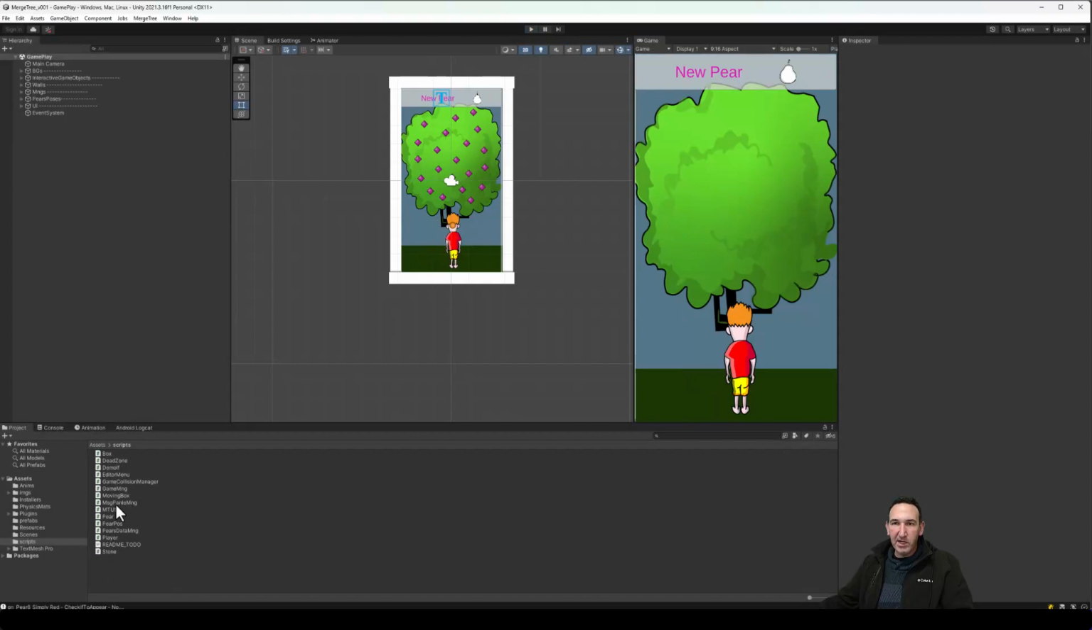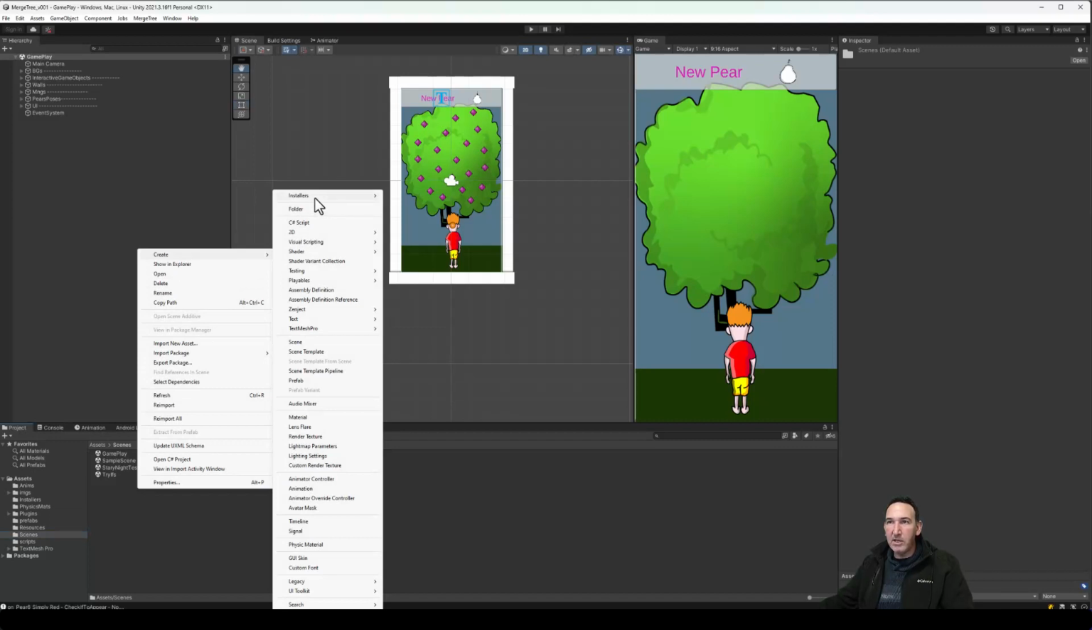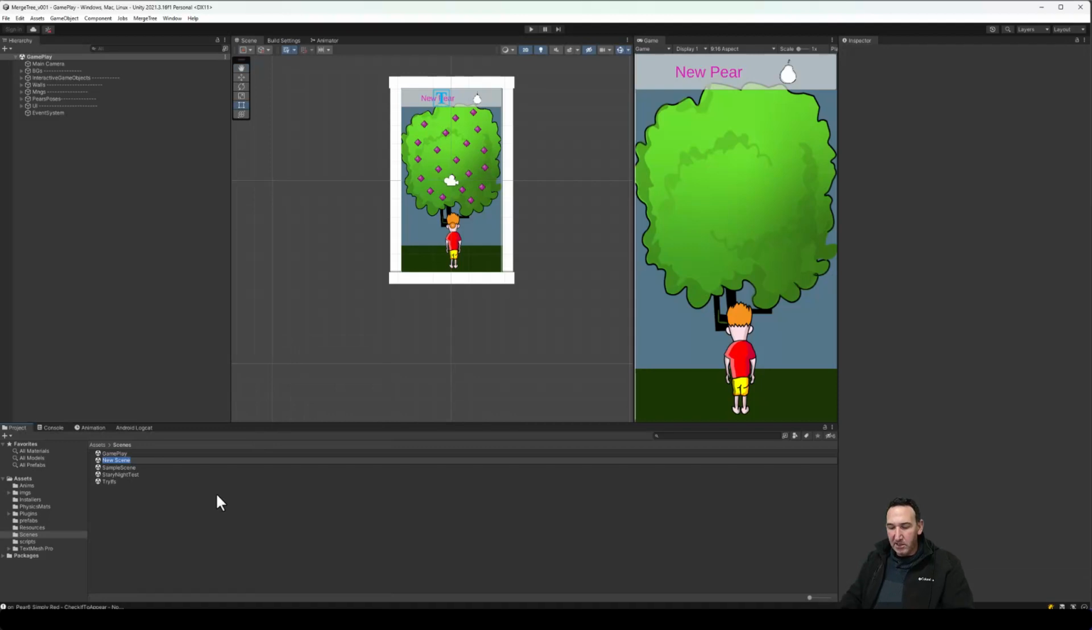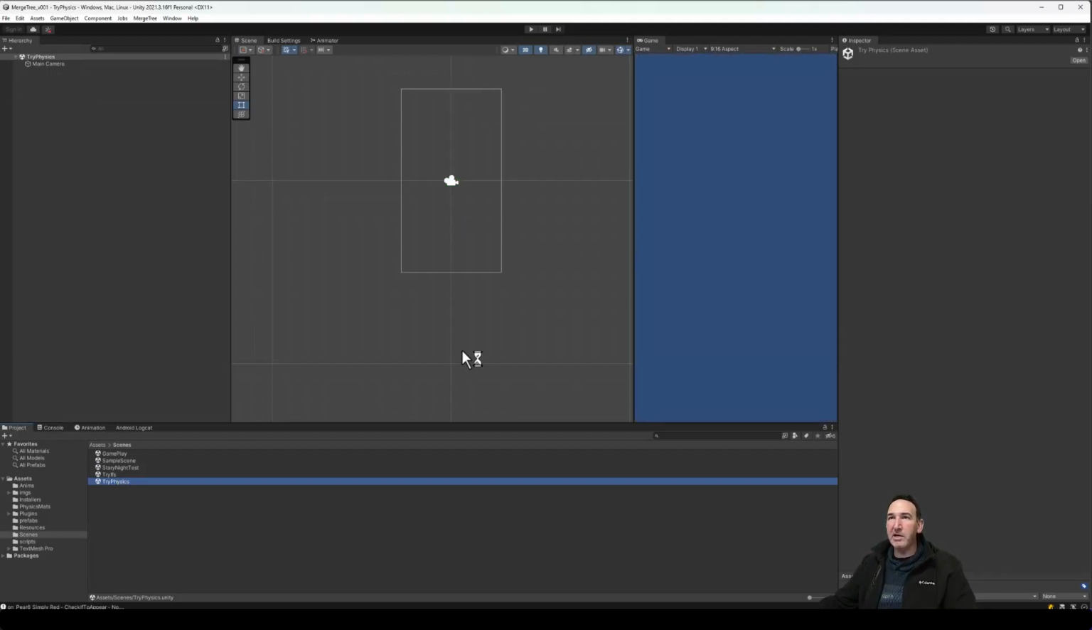So I'm going to create a new scene for that. Just create scene, should be somewhere here. Yeah, scene. And I'll call it just 5 physics. Okay. So I'll double click to open it, and I want to show you the very basic of